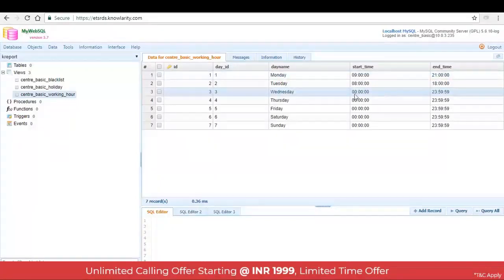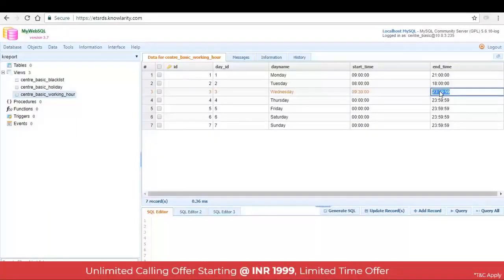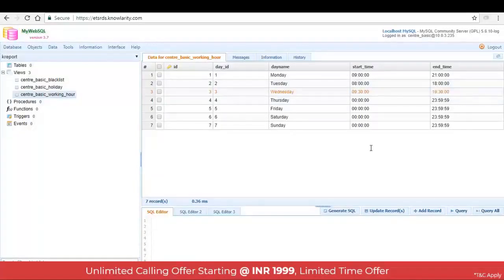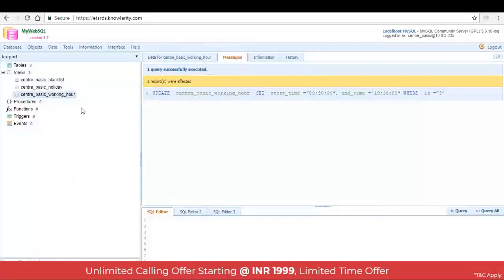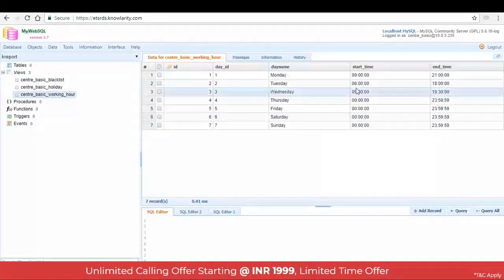You can also edit your start time and end time by double clicking it and editing it as per your requirement, like this. So if your working hour is from 9:30 a.m. to 7:30 p.m., just edit your information, click anywhere outside the screen, and click on update records. When you click back, you can see that your records are